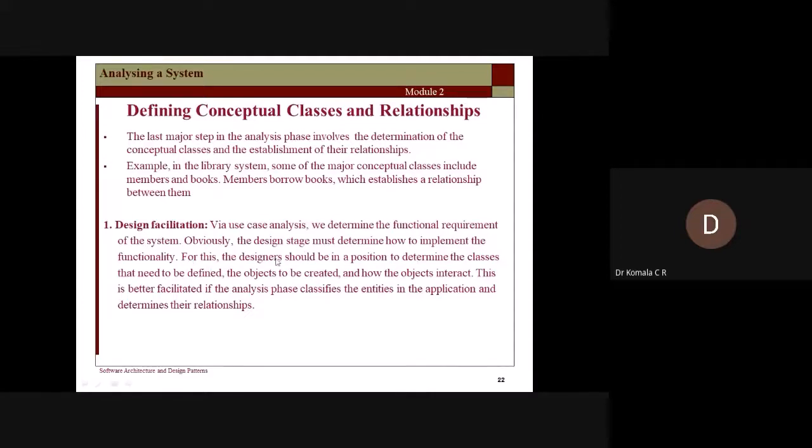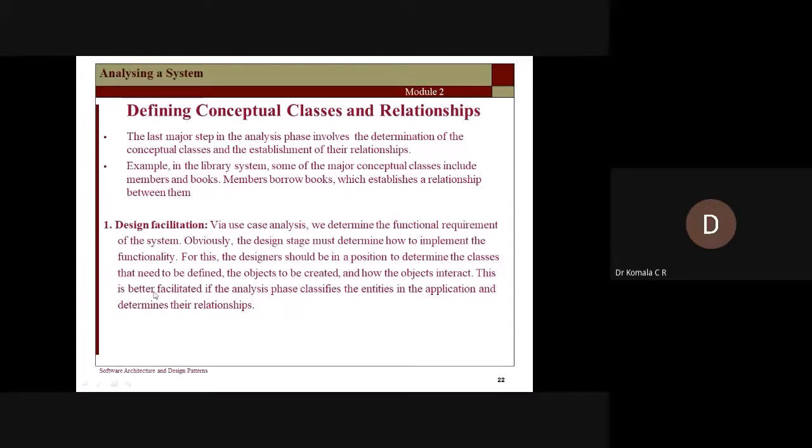For this, the designer should be in a position to determine the classes that need to be defined. While planning, you will know how many classes you need, what type of classes you need to use, and what different objects will come across. All of those are going to be planned, and how the objects are going to interact, we plan in the first stage.